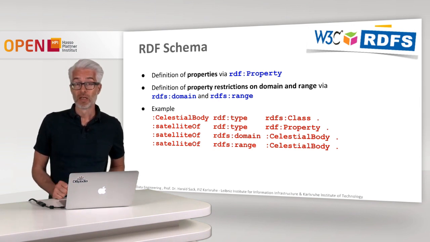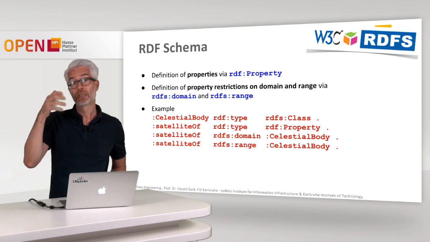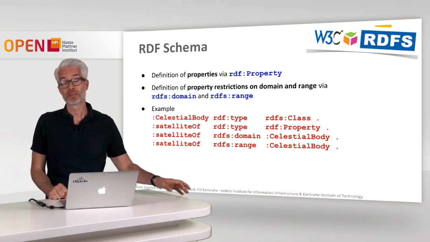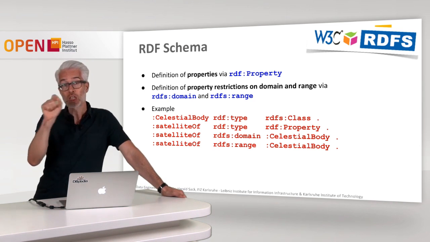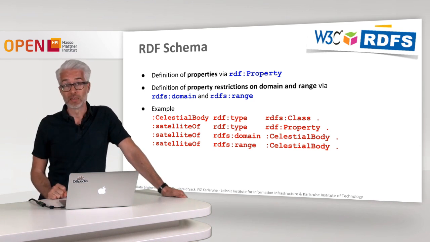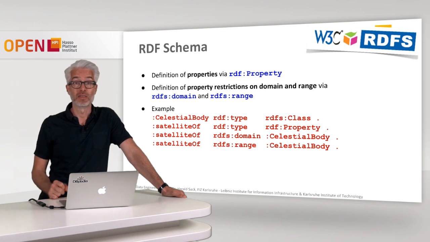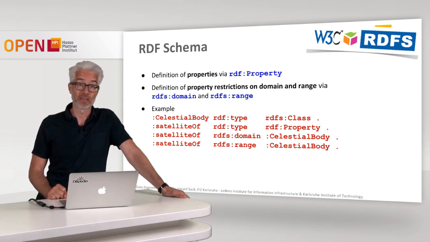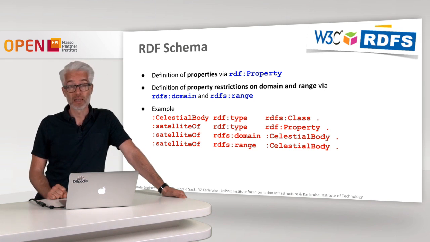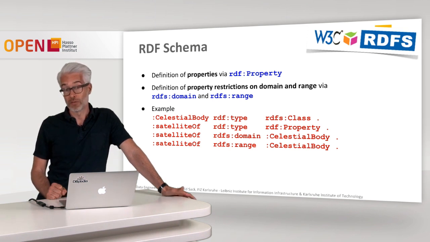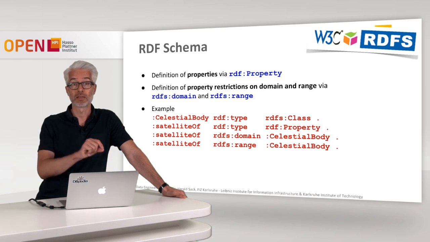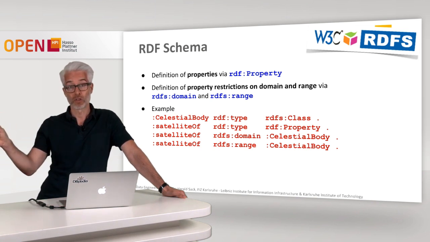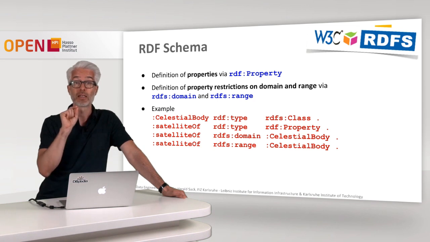And for a property, you can define further restrictions, which give you, again, more semantic expressivity. You can define among which kind of classes this property is defined. So for example, here I define a celestial body, which is a class, and then I say satellite of should be a property. So satellite of is of type property. And then I can define the domain and the range of that property to be celestial body, of the class celestial body. So that means I say satellite of has the RDFS domain celestial body, and I say satellite of has the RDFS range